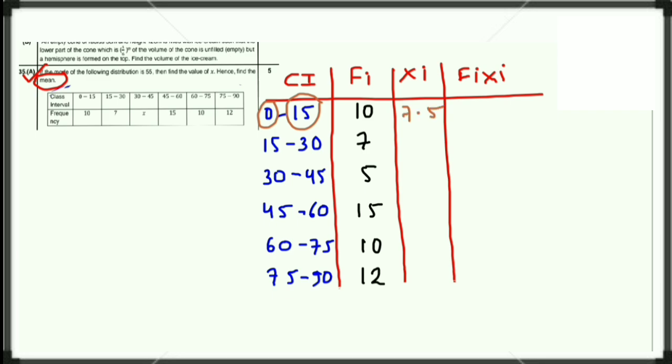Similarly, in the second class, lower limit is 15 and upper limit is 30. Their sum will be 45, and when we divide this 45 by 2, then we obtain xi 22.5. Similarly, here will be